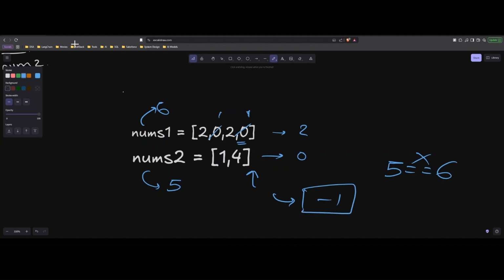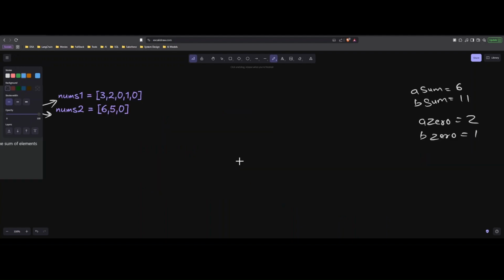So this is the negative testing, right? So this is the negative case that we will consider. I hope you have understood this question. So let's dive into the intuition part of it. Now, with these two arrays, we have got to know one thing: